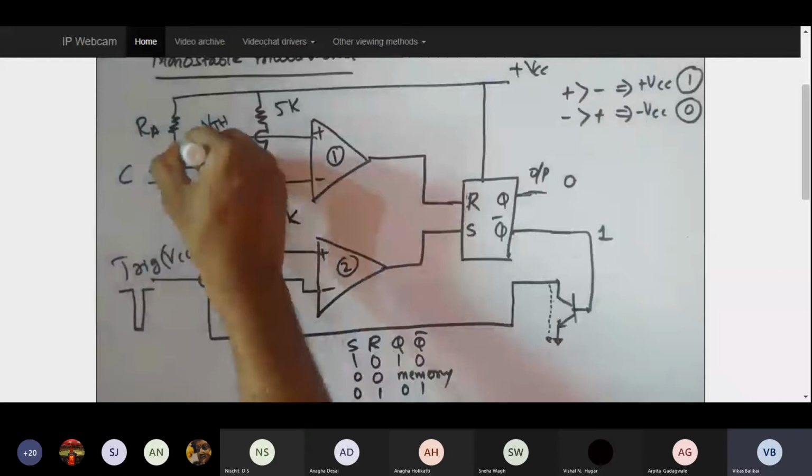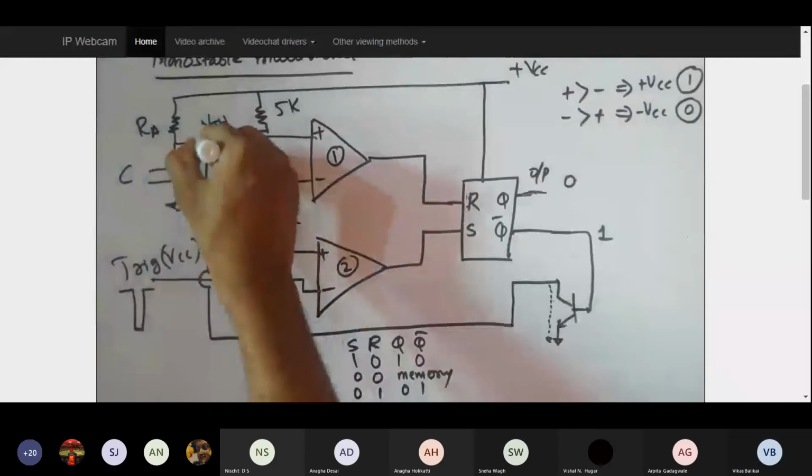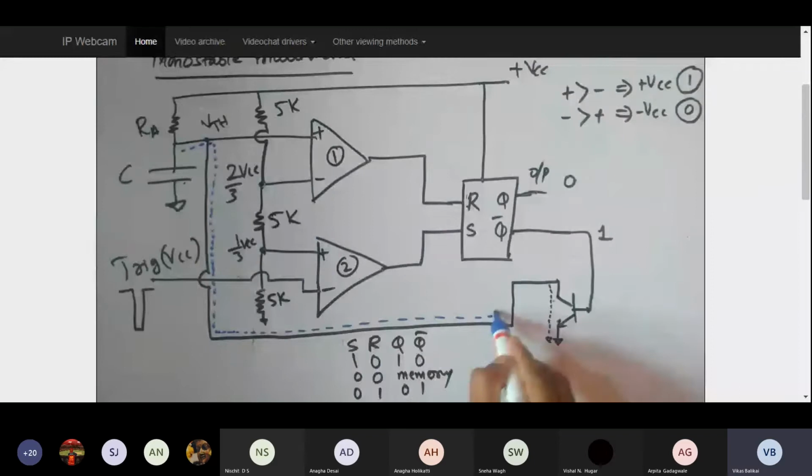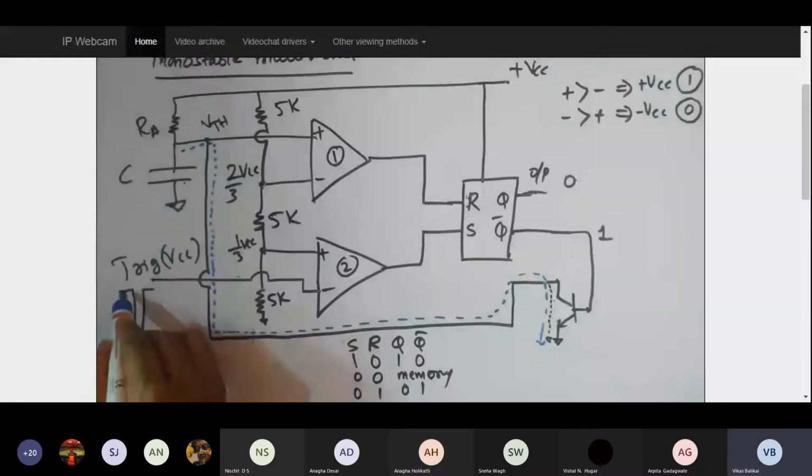So it will take this path and it will be discharged. So this is what is going to happen at the very beginning state. So when I don't have anything stored in the capacitor and my output is 0, this is the state. Now let's try to give the small trigger, that is a positive value. So I'm going to start with my positive pulse. So once I give the positive pulse, look what is happening over here.